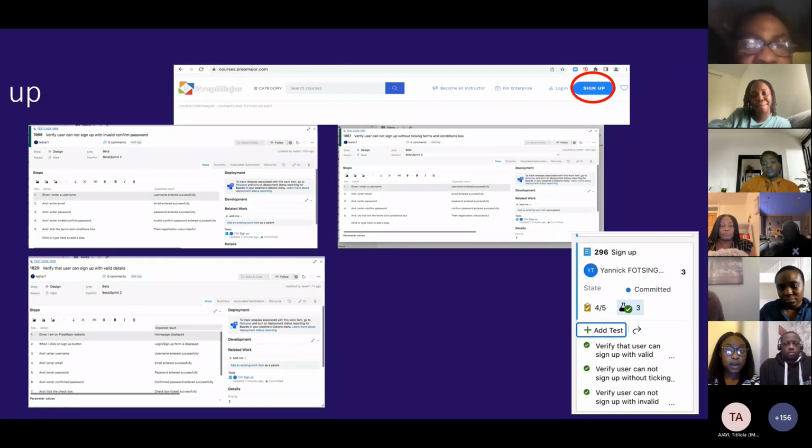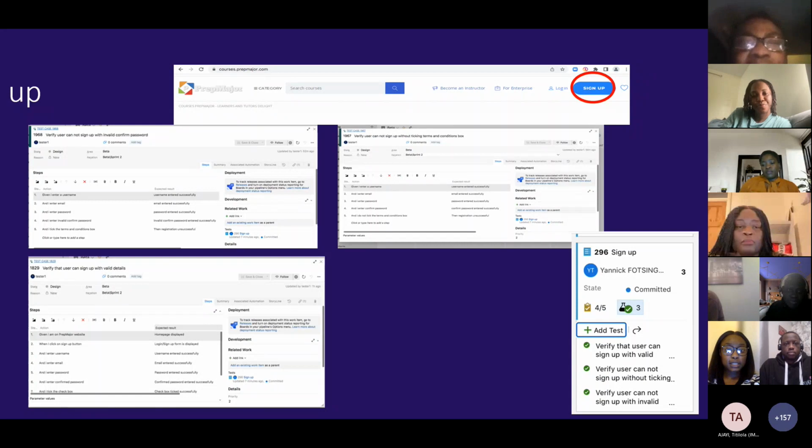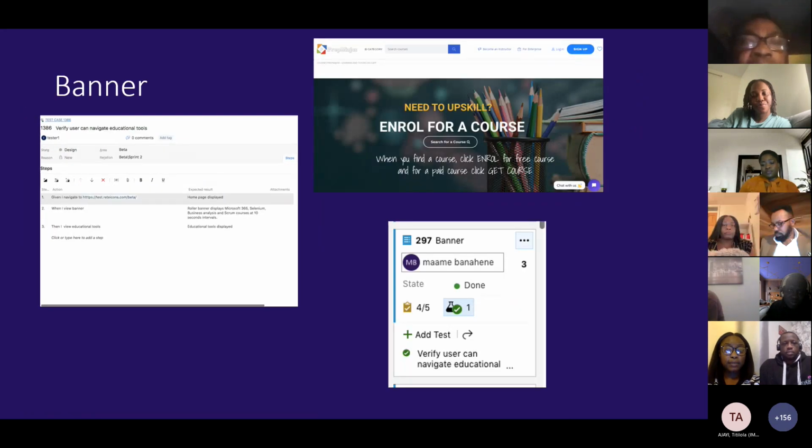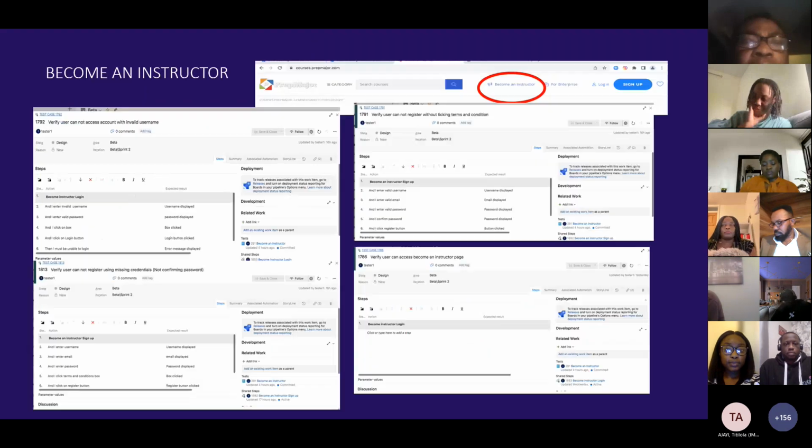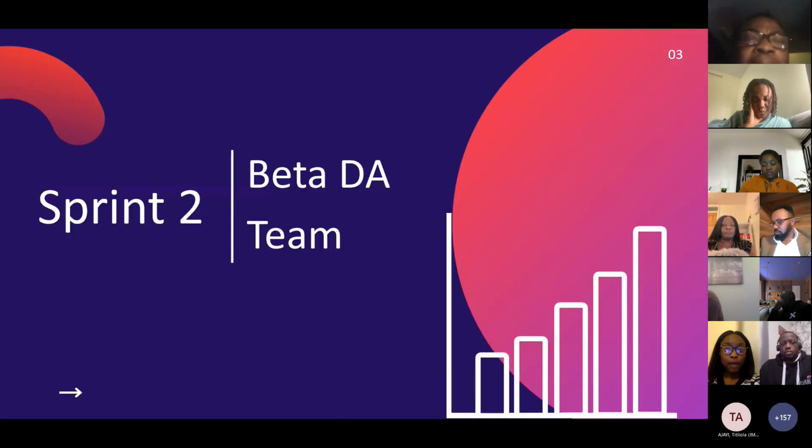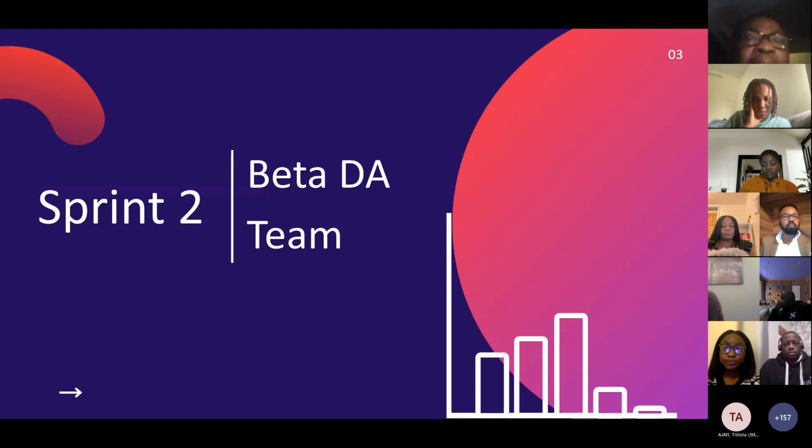This is the test we carried out and the test steps. Next, please. This is the banner and a screenshot of the banner on the website. Next, please. This is become an instructor, and the test steps and the screenshot of the instructor on the secondary header of the website. Next, please. I'll be handing over to the DA.